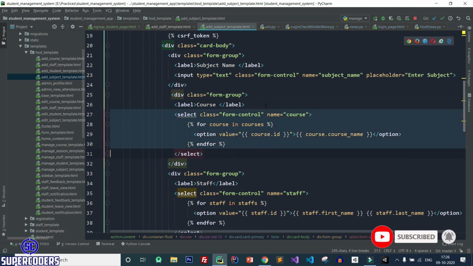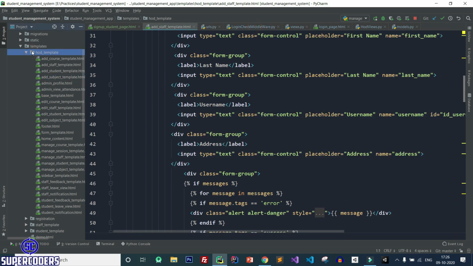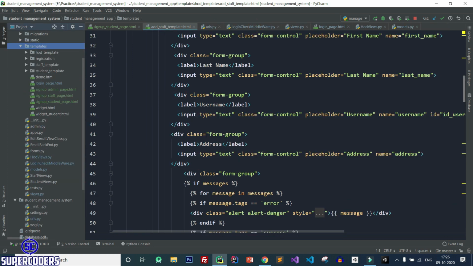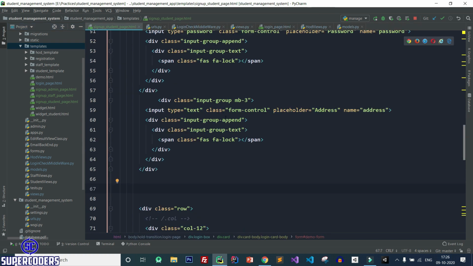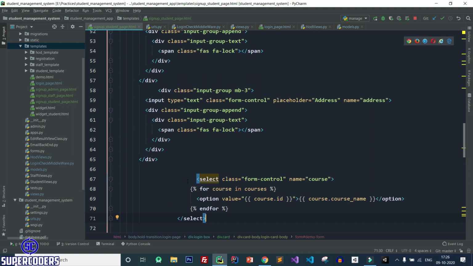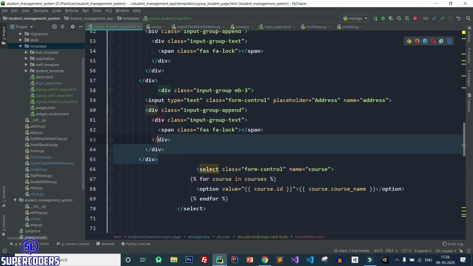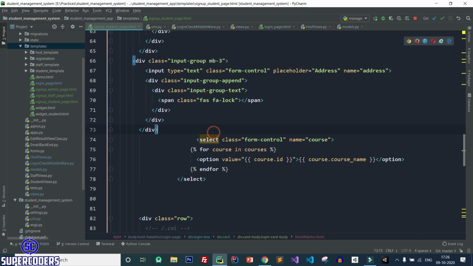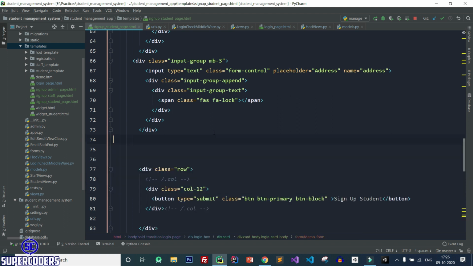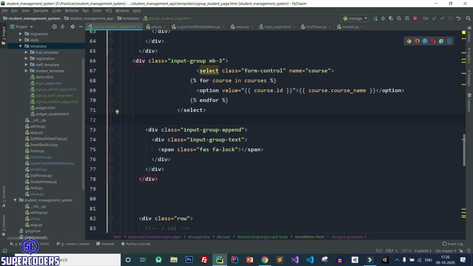So copy this same code, close it also, and here paste it, or first paste it and copy this same and paste it, and cut this code and paste it. Now save it, and we need to pass the data of courses.